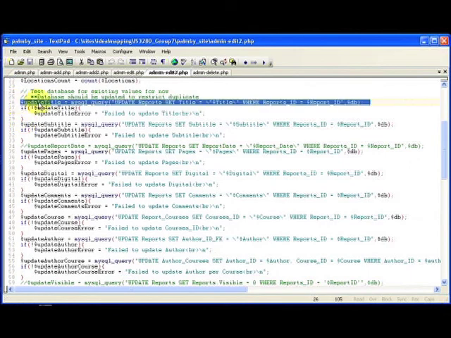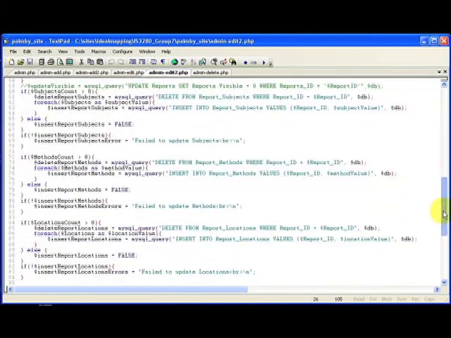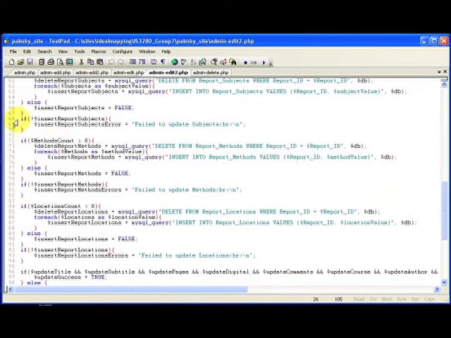For records that have the potential of multiple values, or in other words, a one-to-many relationship, those values are first deleted from the